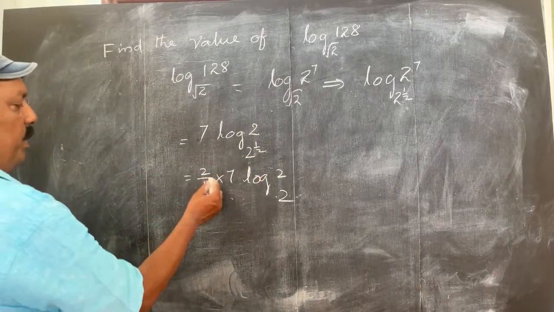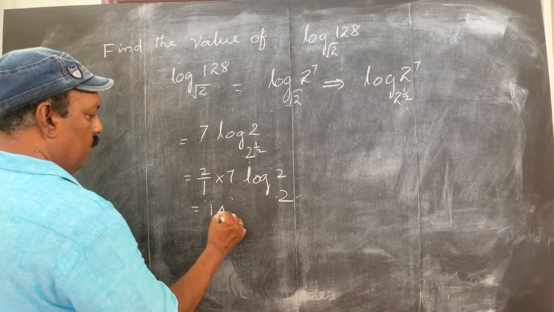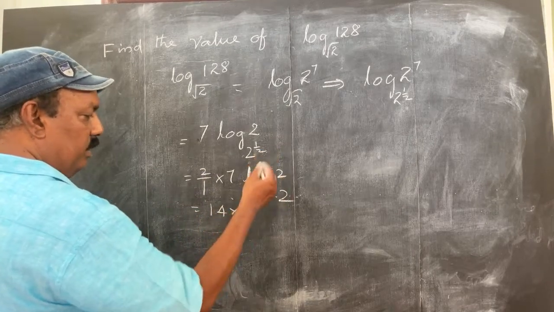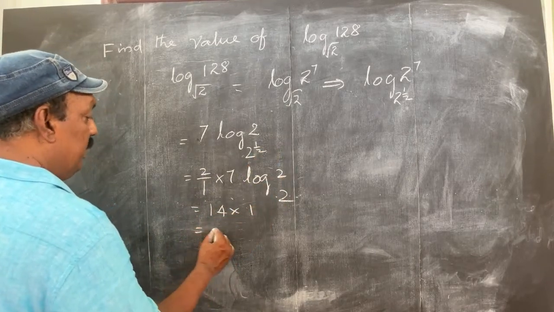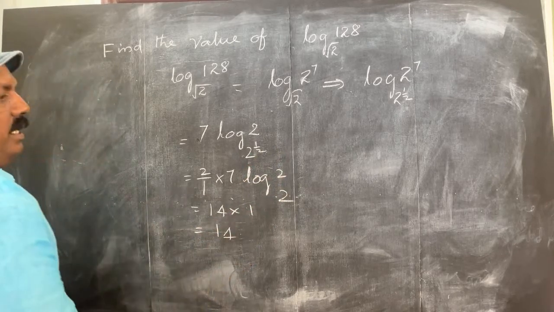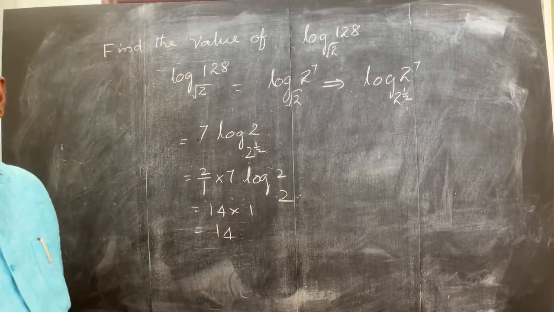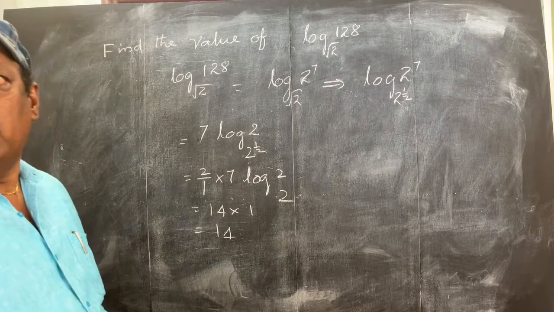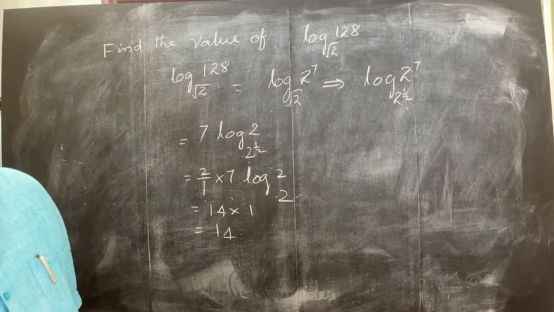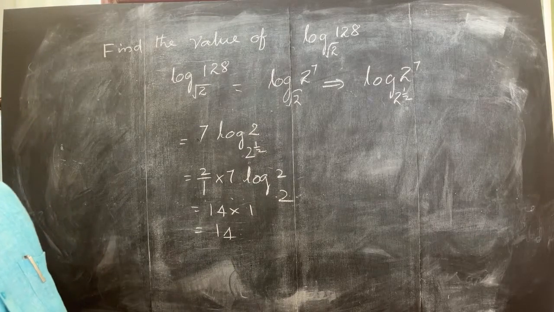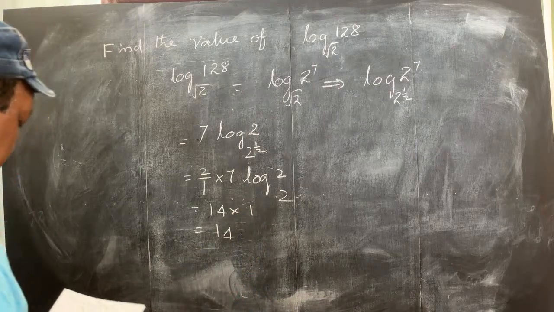Now 2 by 1 into 7 means 14. 14 into log 2 base 2, and according to the power rule, log 2 base 2 is 1. So 14 into 1 is 14. So this is the interesting solution of the first one here. Okay, next sum is